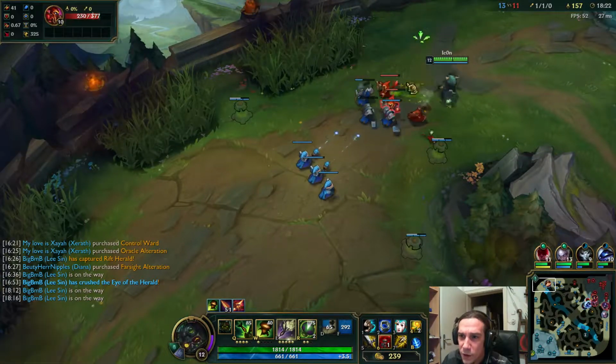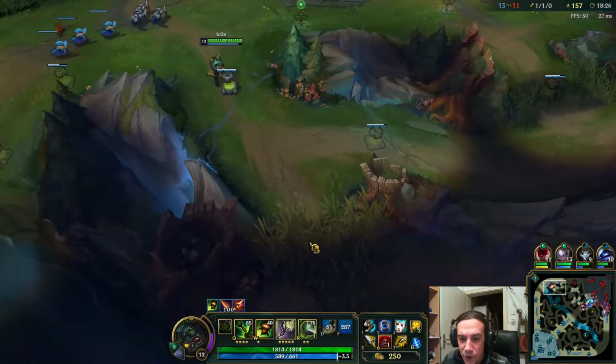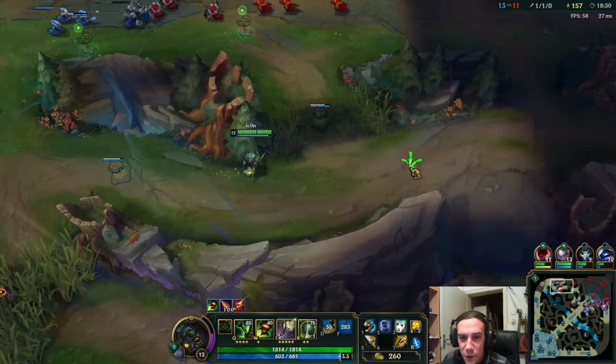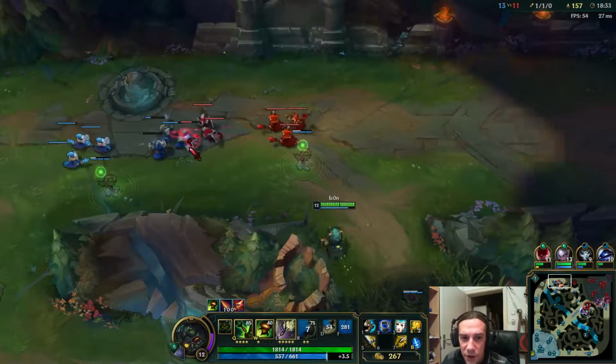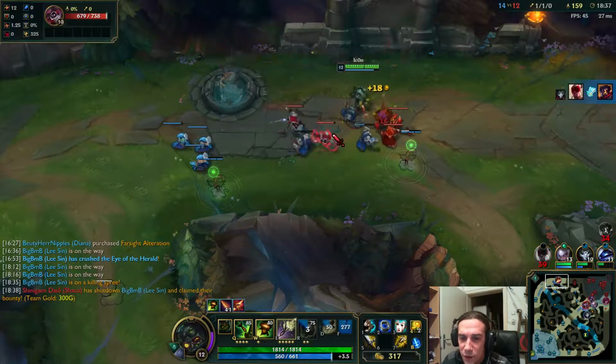So for now, there's absolutely no reason for me to leave top lane, to be quite honest. Best thing I can do is to apply as much pressure up here as I can, because the rest of my team actually sieges the map pretty well, so...